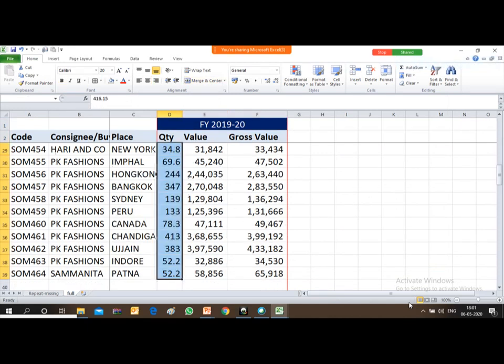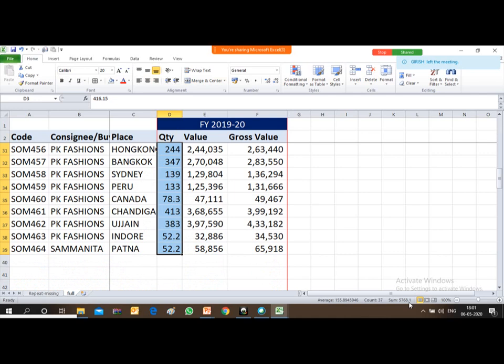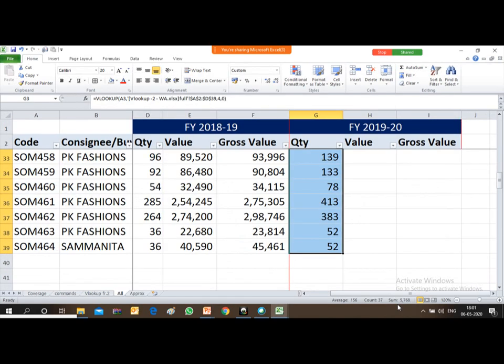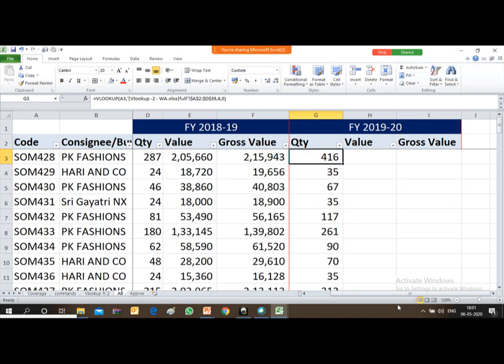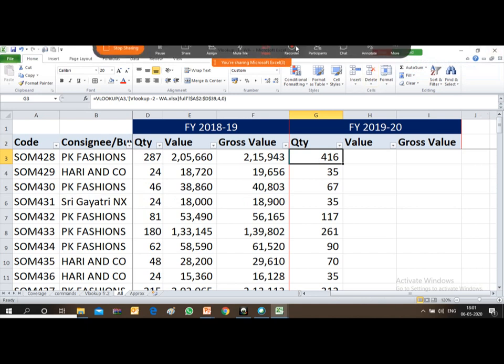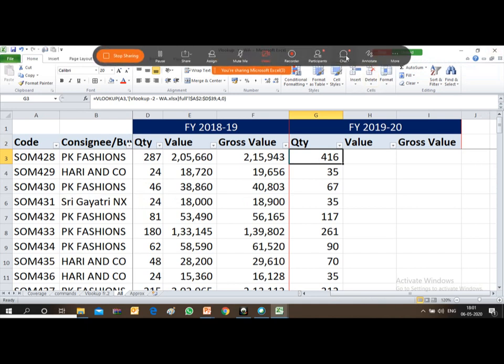So you select this also, you will see 5768. The summation of the quantity in both files is the same. It means my data which I have derived by using VLOOKUP is correct. So friends, hope this is clear. So we'll move to the next.